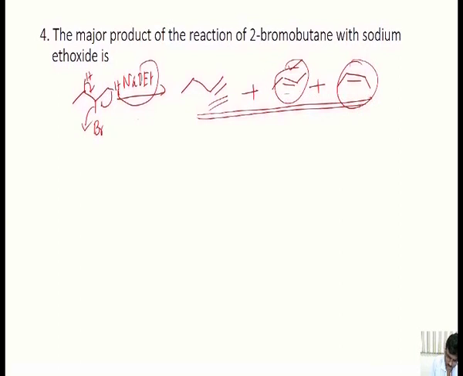And now we have to look at here, you have the trans as well as cis alkene among this, and this will be the major compound. This can be explained through the Newman projection. If you draw the Newman projection of this 2-bromobutane,